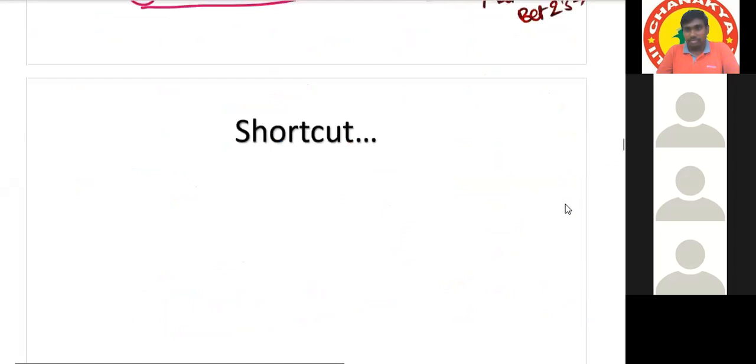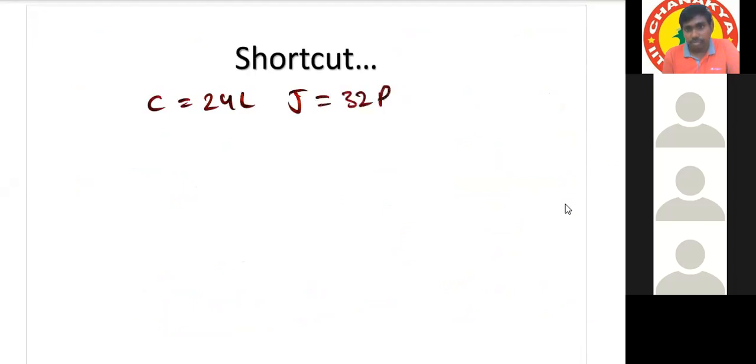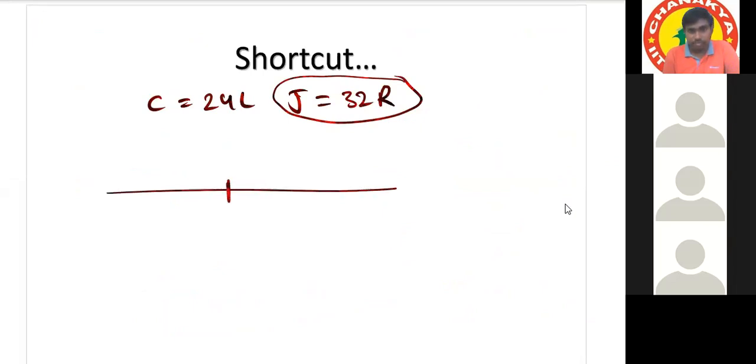Okay, then see here. Let us find the shortcut. What is Chinnu's position? 24th from left, and Junnu is 32nd from right. Leave the bigger number here and we'll consider the smaller number. Chinnu is 24th from left. Now tell me, maximum how many members can you accommodate to the left of Chinnu? Only 23.